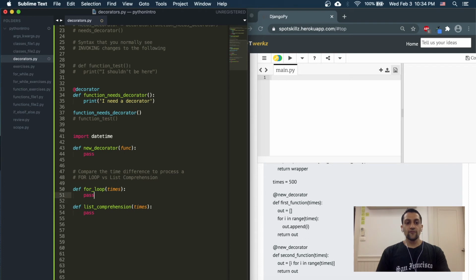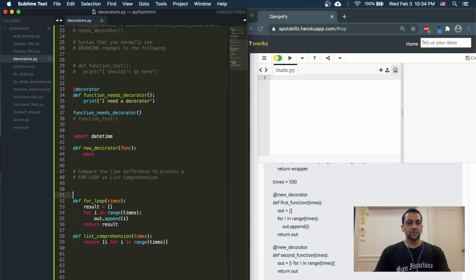Okay, you'll see the for loop here is the usual. Out or result equals an empty list, there we go, for i in range of times, so there we go, I do out.append(i) and return result. And for list comprehension, I'll write return i for i in range times. Where does times come from? Times comes from here, times equals 500. So if I write for loop